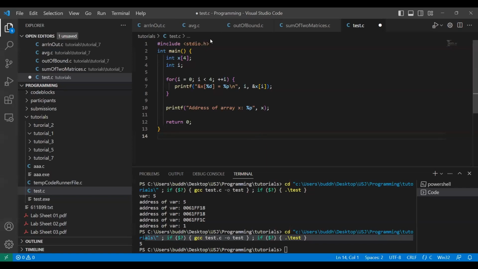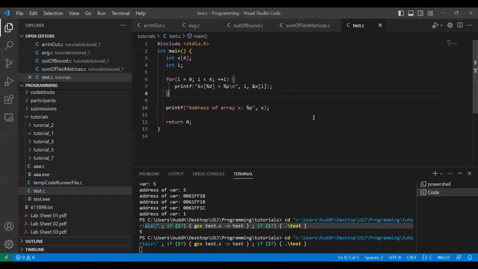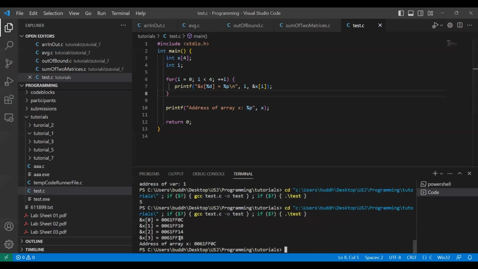I think you can see the screen. Yeah. Save and